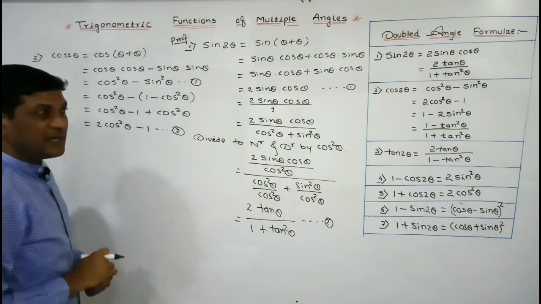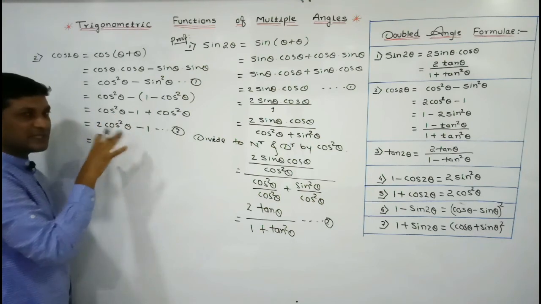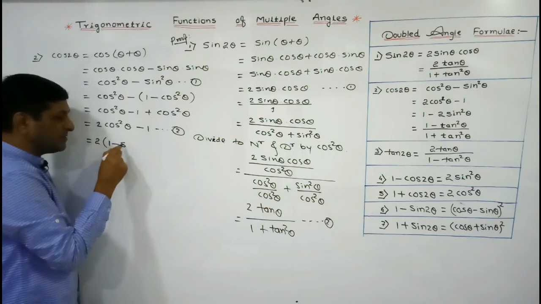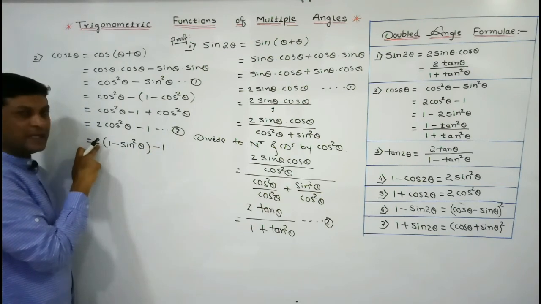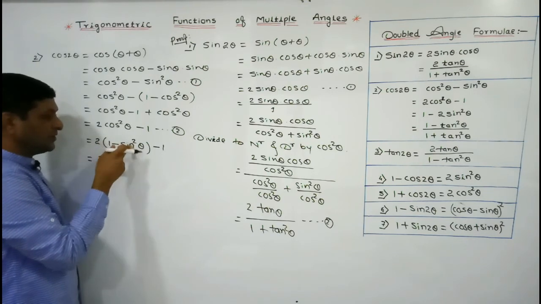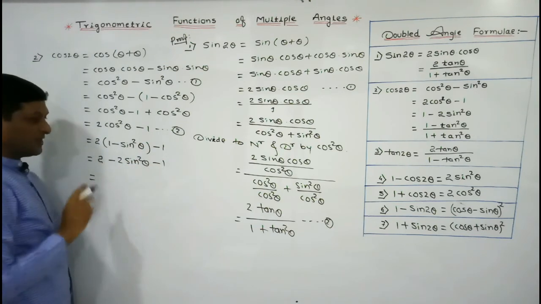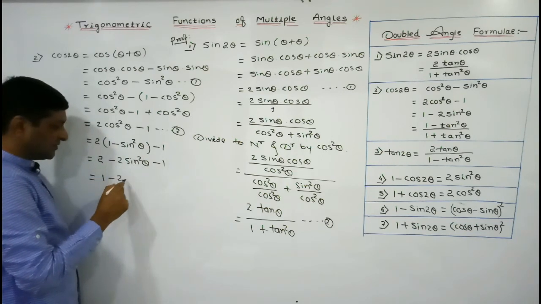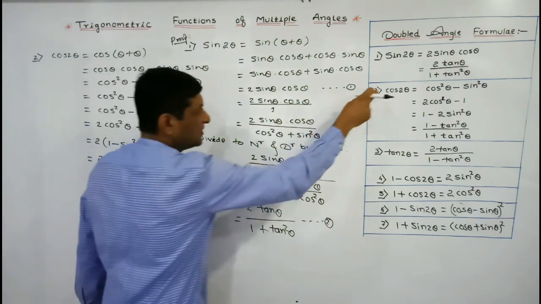Now what is the third required value? 1 minus 2 sin square theta. So which is equal to 2, keep it as it is. Now we are converting this formula in terms of sin. According to identity, cos square theta can be written as 1 minus sin square theta. Keep this minus 1 as it is. Now simply multiply by 2 to both the terms in this bracket. 2 into 1 will be equal to 2 minus 2 into sin square will be 2 sin square theta. Keep this minus 1 as it is, so now here easily we can observe that 2 minus 1 will be equal to 1, and keep this term 2 sin square theta as it is. Check that, is it our third required formula? What is the third value of cos 2 theta?